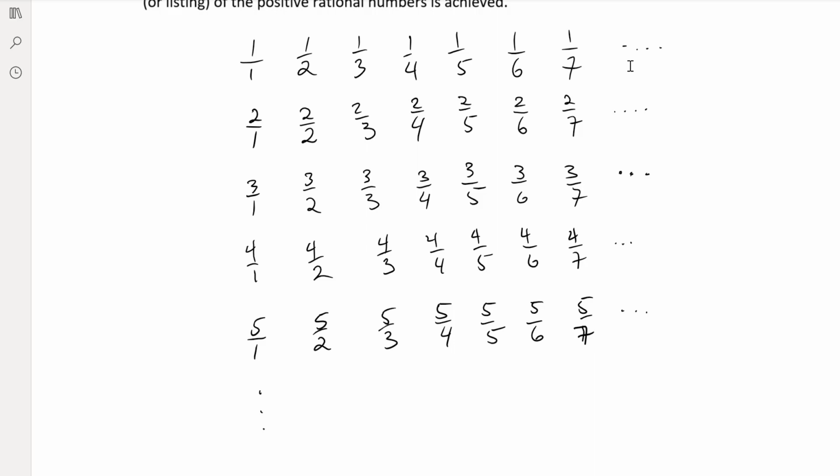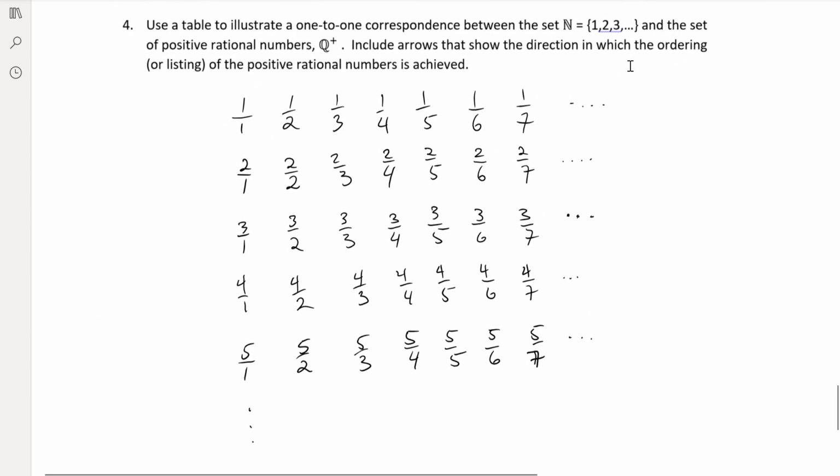We could add that in as another step later, but at the moment, again, I'm just looking at the positive fractions. And I want to show that this set of all positive fractions has the same cardinality as the natural numbers. So it's effectively the same size as just the numbers 1, 2, 3, 4, 5, and on, right? The set here